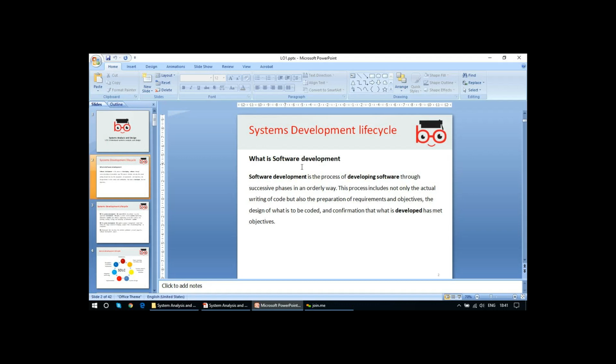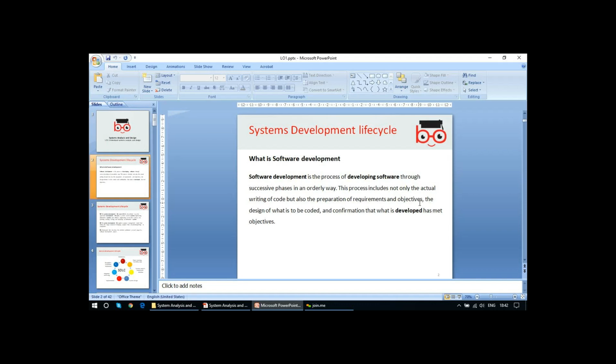So there is a definition: software development. Software development is the process of developing software through successive plans in an orderly way. This process includes not only the actual writing of the code, but also preparation of requirements and objectives. So, as I explained, it's not only the writing of the code and implementation, but the whole development, but